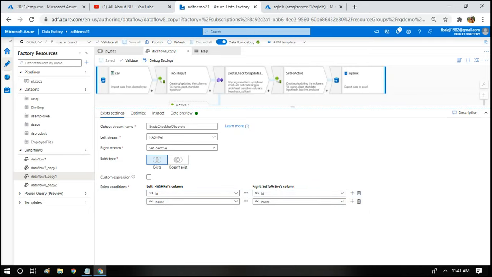So we'll have to update those records to be inactive, or make those records disabled.